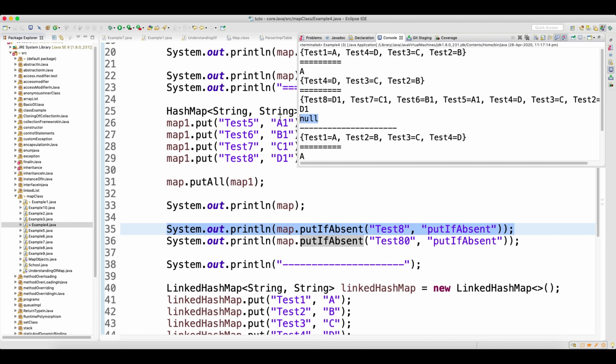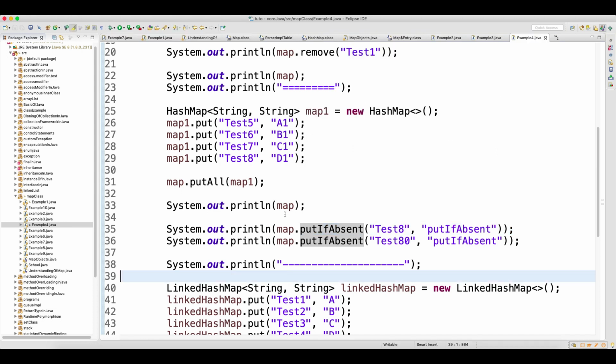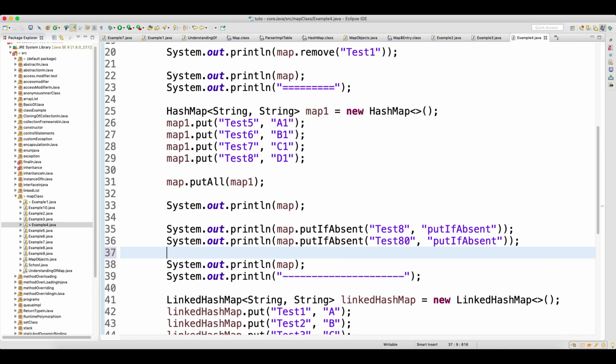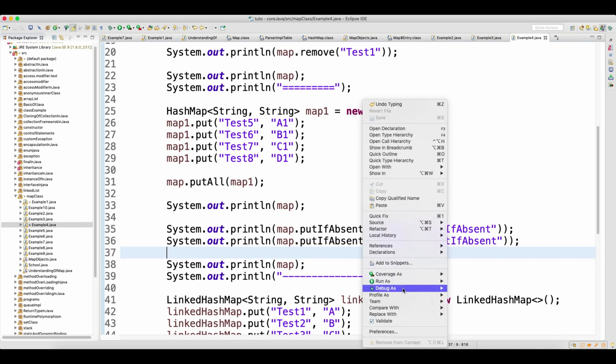And the 80, whatever 80 you are talking about, it will get added and you will get value equal to null, because in the previous map the test 80 key was not present. Just to show you, after that I will try to print the map again, after adding these two records by using the putIfAbsent method.